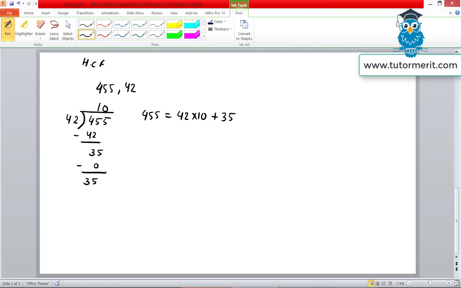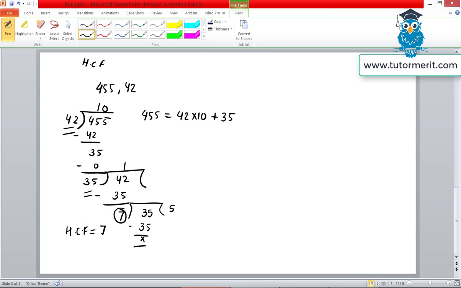Now what we used to do when we found the HCF is take the smaller number as the new divisor. So 42 used to come here, and then we used to express this in terms of this division. So we used to do this, then I'll get a 7 here, then I'll again take this number as the divisor. So this is your HCF method which you used to do earlier. So here I'll get a 5, this is 35. As soon as it divides properly, I know I have found my HCF, and my HCF is this particular number. In this case it will be 7.